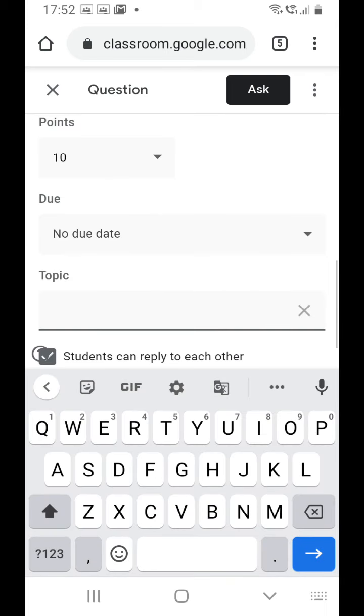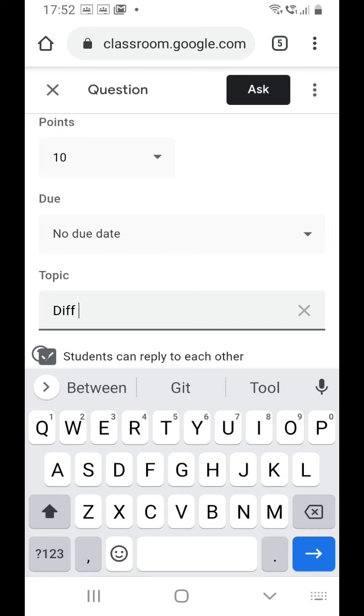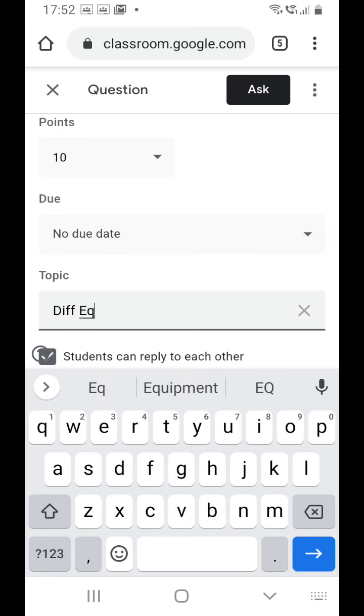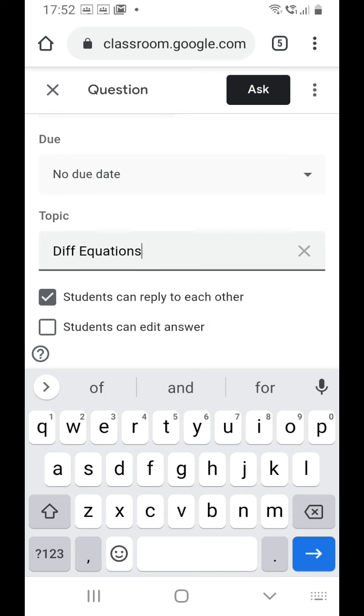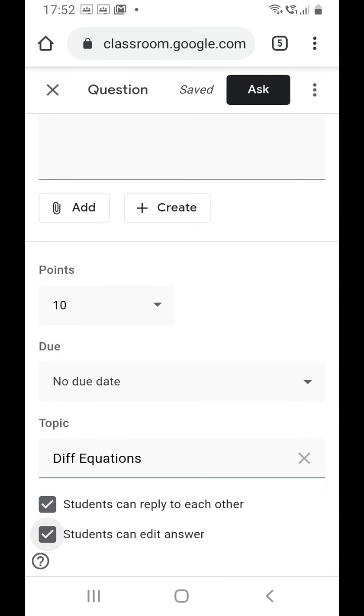Create topic. Suppose my new topic is differential equation. So I can give the authority that students may edit their answer.